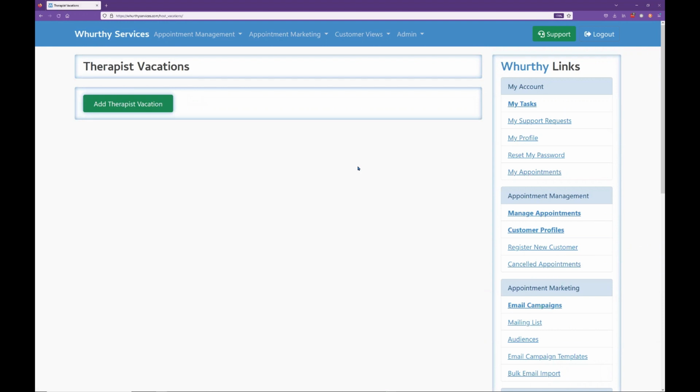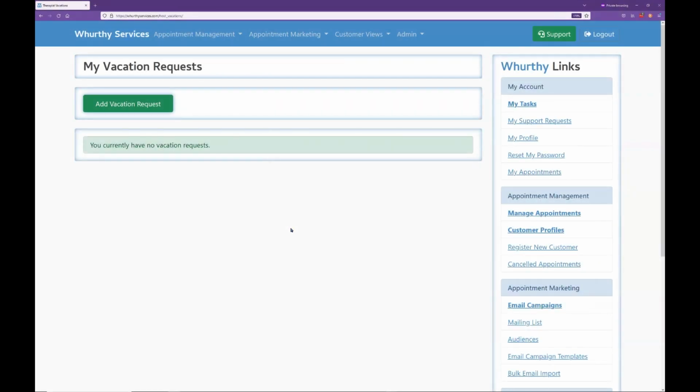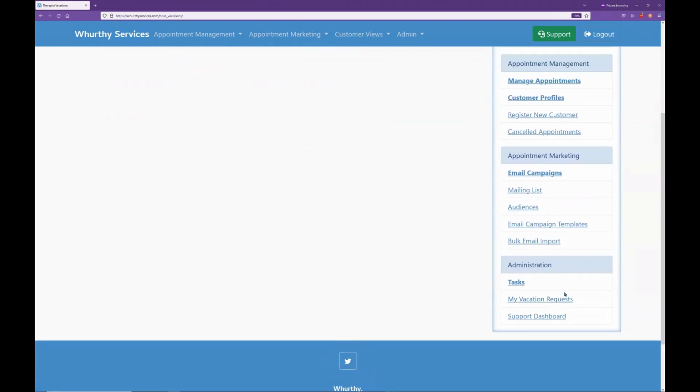And so I'm looking at this from the staff or from the super user's point of view. So if I am a staff member, it's going to look a little different. So we're going to take a look at the star or the service provider making their own vacation request. So I've jumped over to another browser now. And when we look at this, if I scroll down, this particular account that is logged in is just a